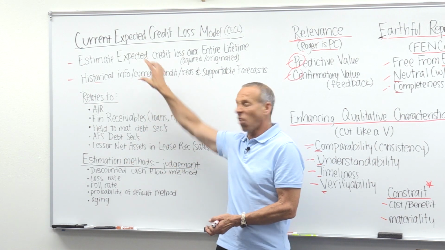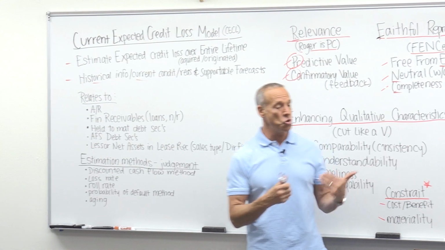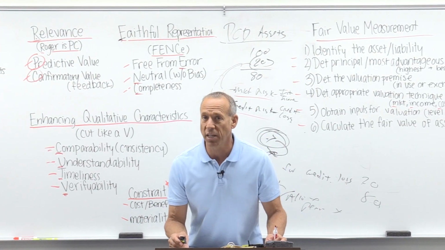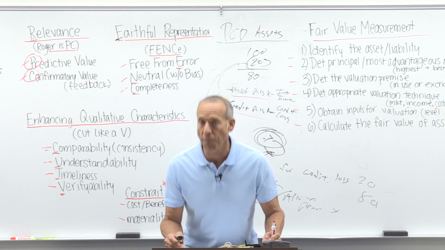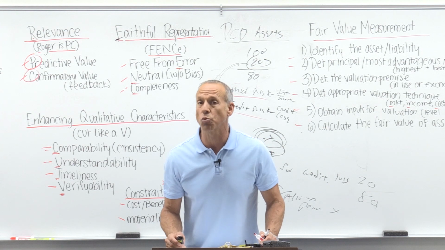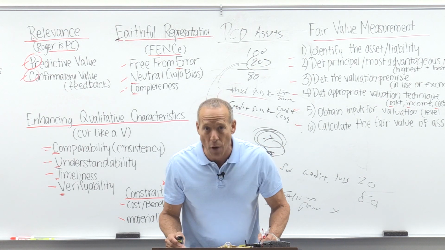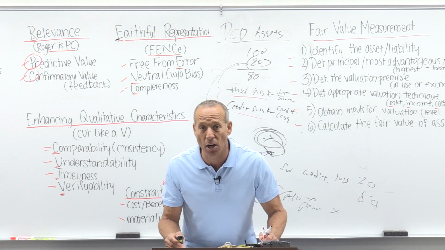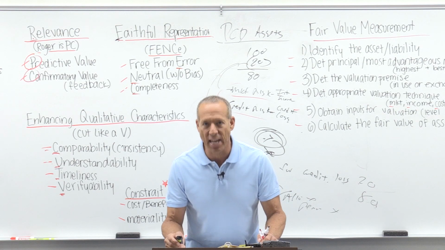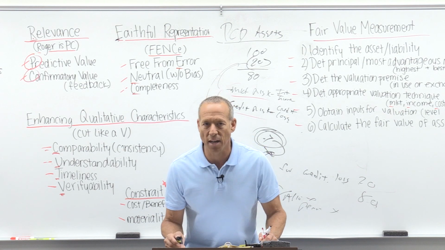So it makes sense. There's a lot of variables here. There's a lot of judgment that you can use. That's why the new rules say, hey, there's a lot of flexibility here. We want you to be conservative. We want you to hit enough. We don't want you to wait till it's incurred. We want you to forecast in the future so your loss reserves, your allowance, are large enough so their carrying value is down low enough so we're not overstating our receivables, because that's what happened in the financial crisis of 2007 and 8. We had too many receivables, not enough allowance, and companies had a lot of trouble.